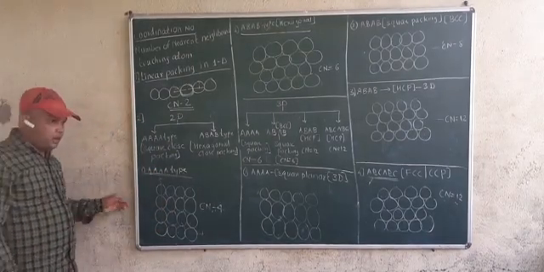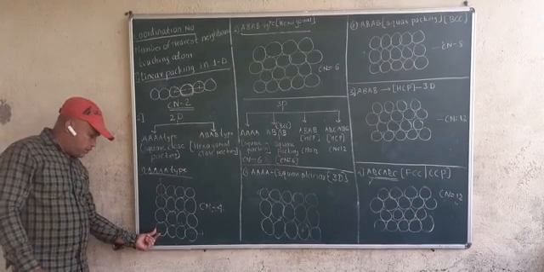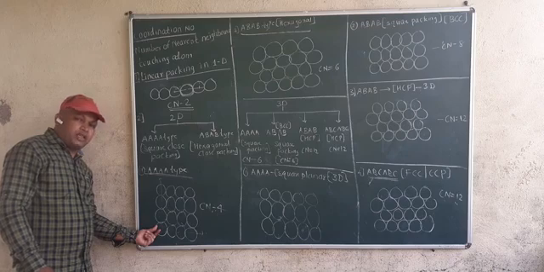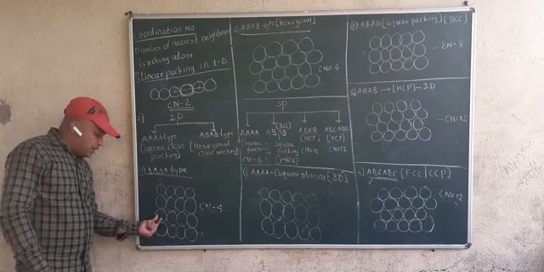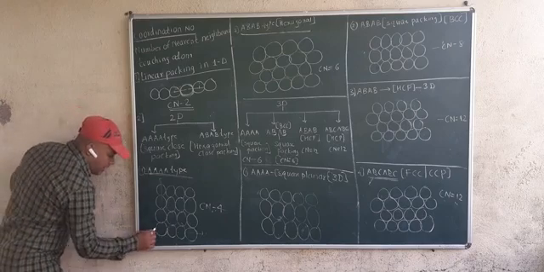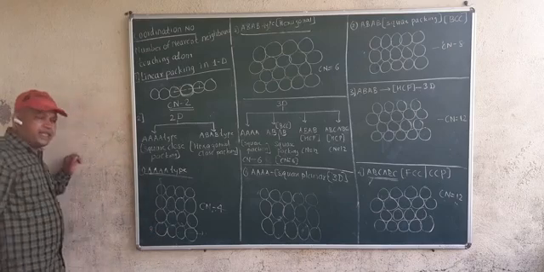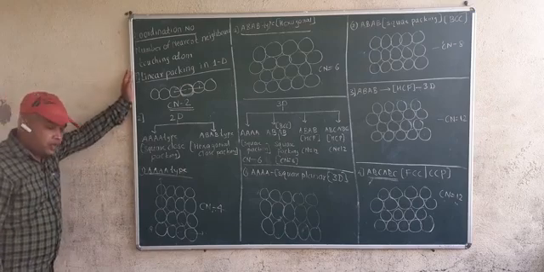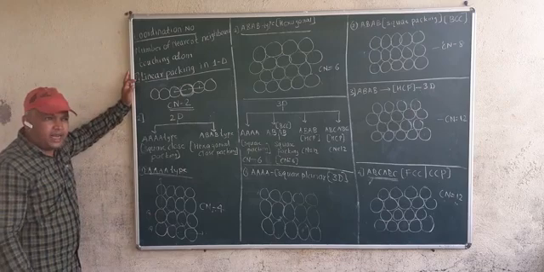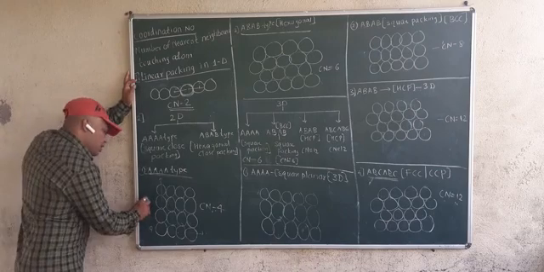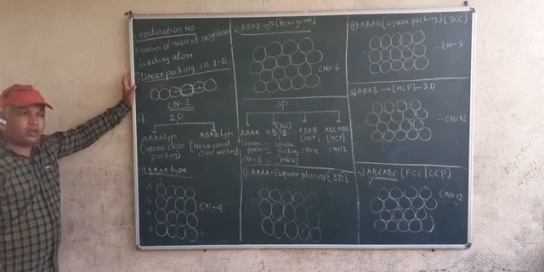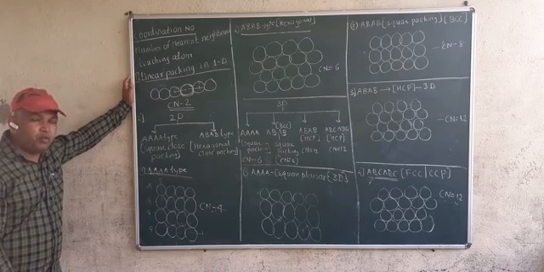So what I have done, this is my first layer and the second layer is exactly above the first layer. Means these circles are exactly above this. If I call this layer as A, is the second layer exactly on the first one? Yes. So this is also A. Is the third layer exactly as first and second? Yes. So this is also called A. So it is called A type, two-dimensional.